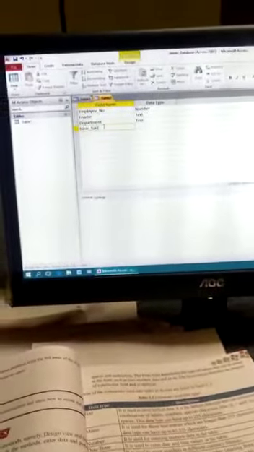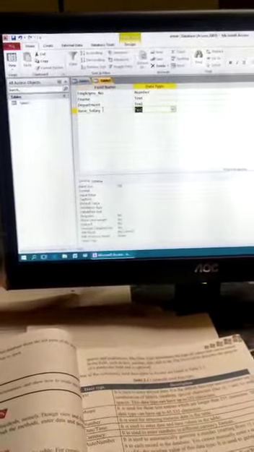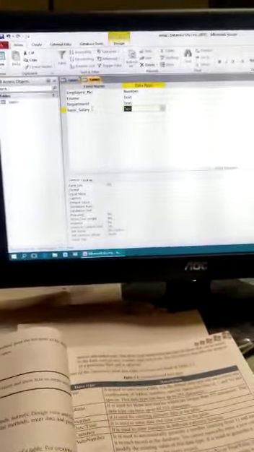Next, click the mouse left button, otherwise press the tab key on the keyboard. The cursor automatically goes down below. Basic salary.